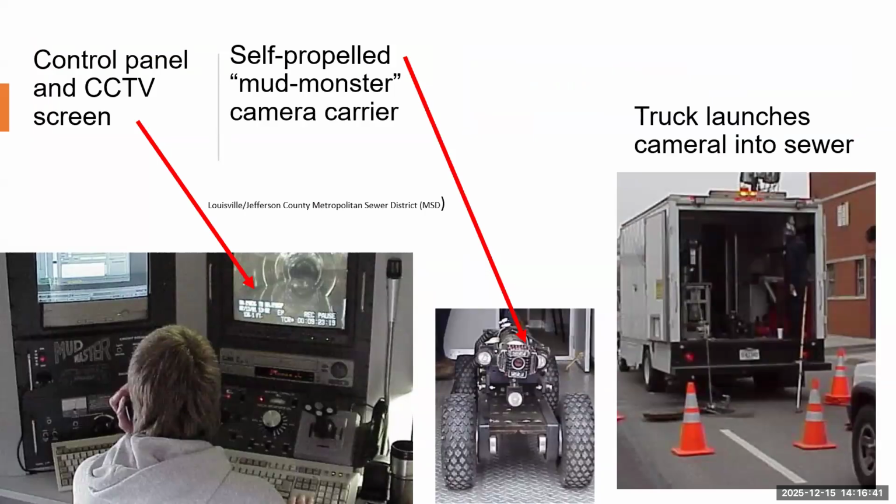You notice it has wheels, kind of like a little four-wheeler, and a camera. That camera can be moved different directions. It can go forward or reverse, so you can take a second look at defects, and then those defects are coded, with the exact distance into the setup from the manhole, and the type of defect and how large it is, details about the defect. And you can see on the right of your screen that the truck is backed up right to a manhole, and that camera is launched. And usually this will be manhole to manhole.